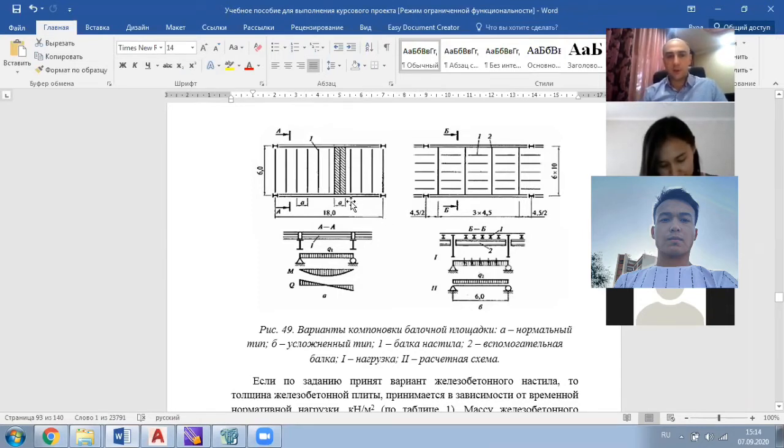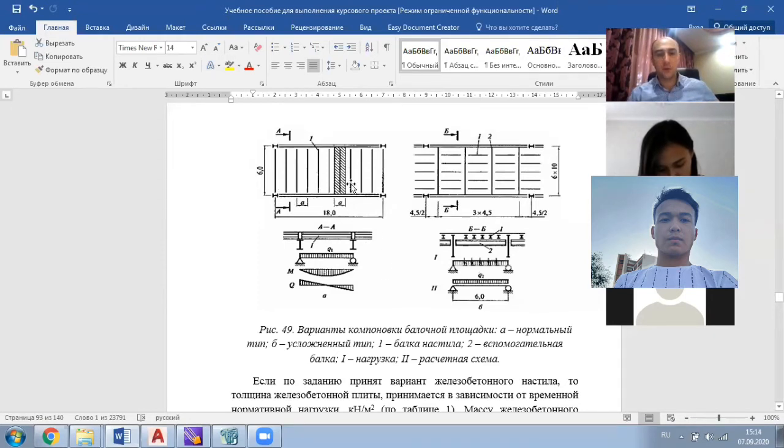During the calculation of these 2 variants, variant number 1, the normal variant, was more economically efficient according to the own weight of 1 meter of beam plus the mass of the steel flooring. And that's why I will use this scheme for the